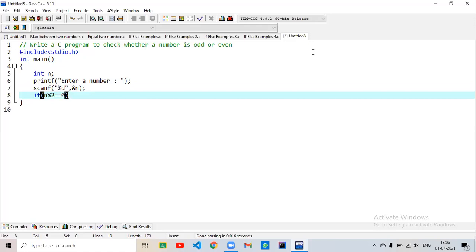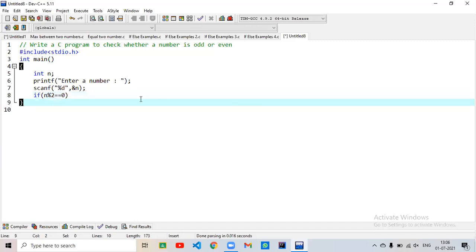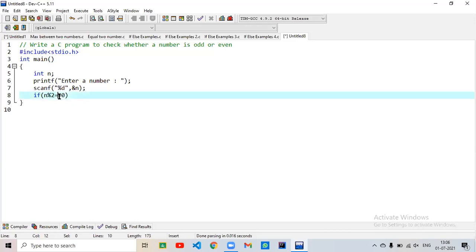Okay, now I think you have got your error. You have written single equal to here. Single equal to means assignment operator. I have already said.